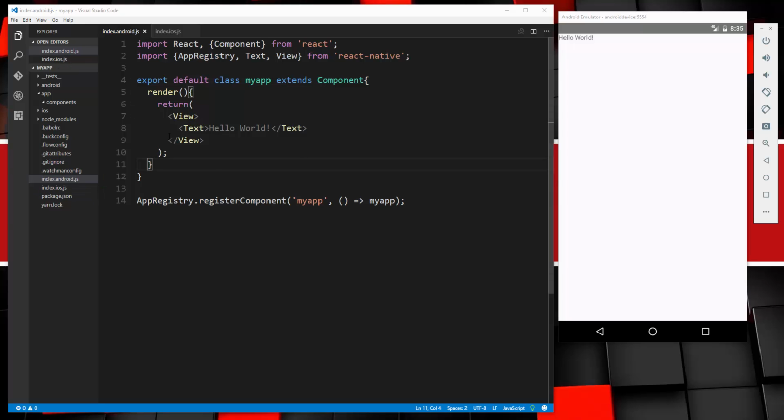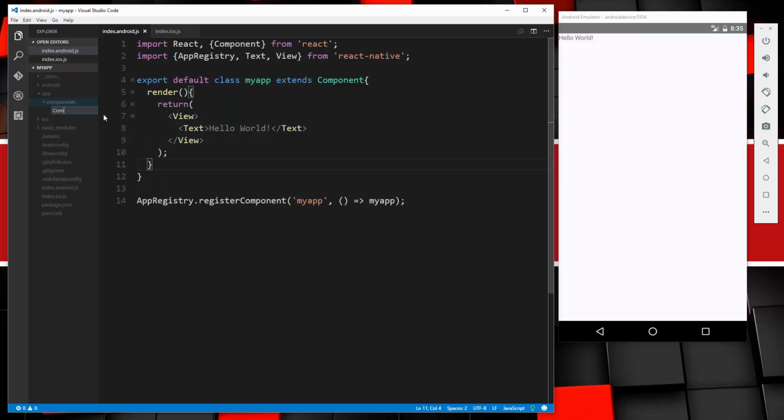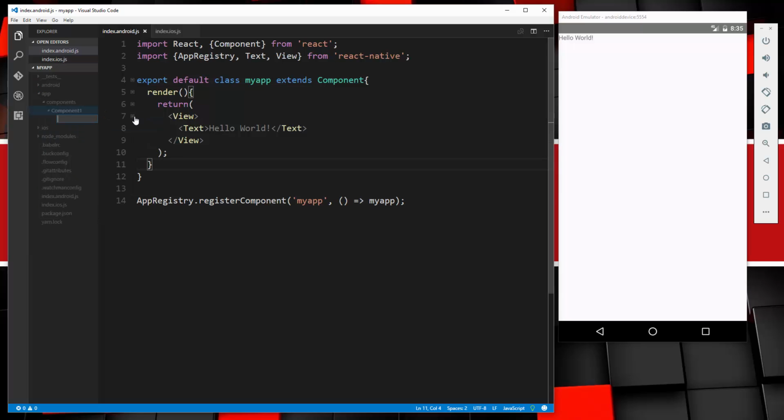Okay, so what I want to do now is create another component that we can include in here and then work in that rather than just edit this index file. Alright. So in the components folder, let's create another folder, and I'm just going to call it Component1. Okay, and I like to keep the uppercase for the component file name and the folder name. So inside there we want a file